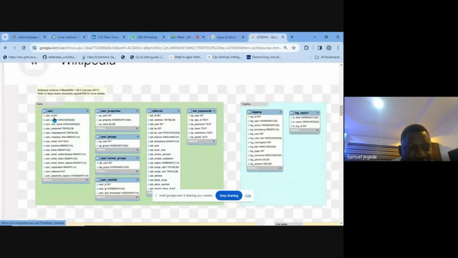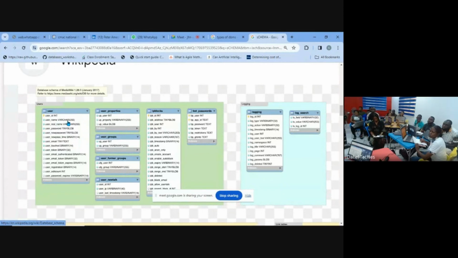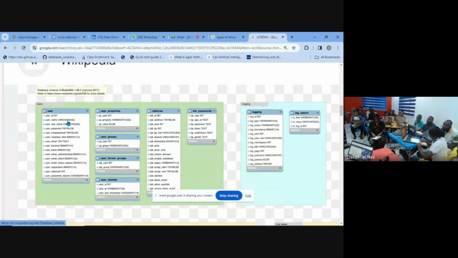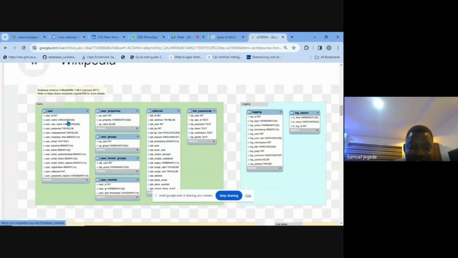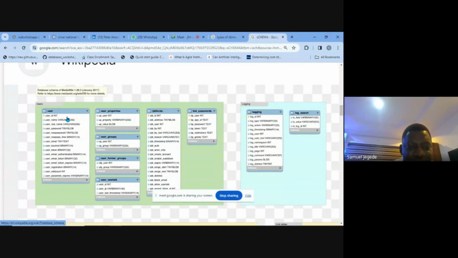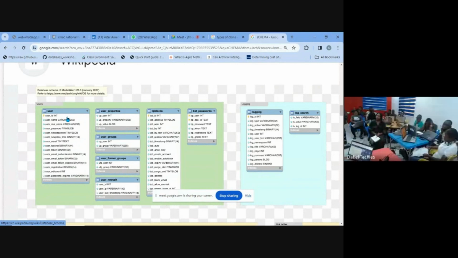Can you see that we have username? What data type is the username? It's telling us that it's varchar, variable character. What is the meaning of variable character? It can be either text, string or integer. It's variable. Your username can be Samuel123, right? So that is what a schema is telling you. It's telling you all the information that is present in each database or each table.